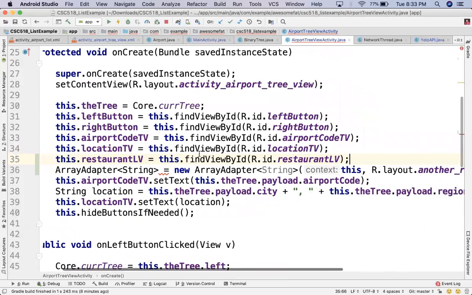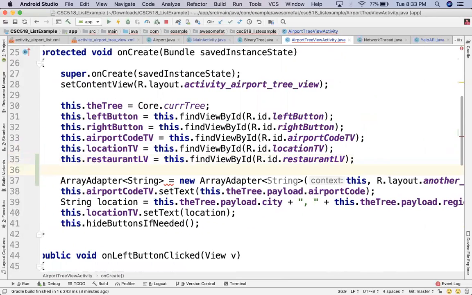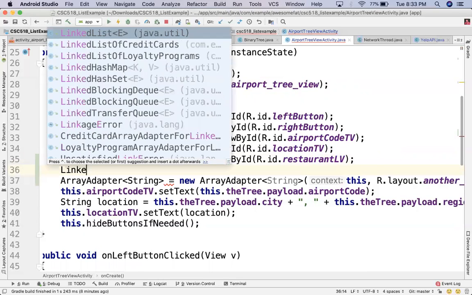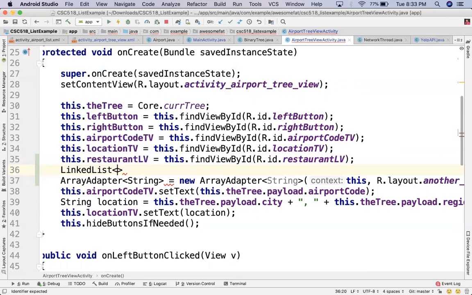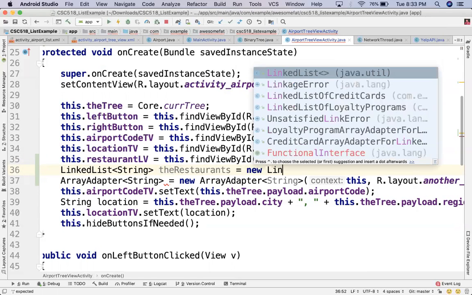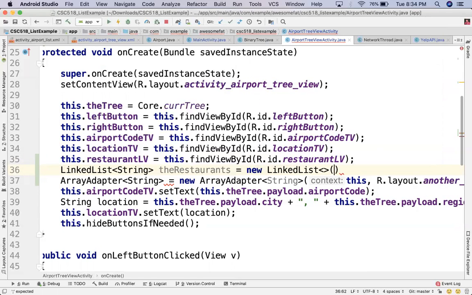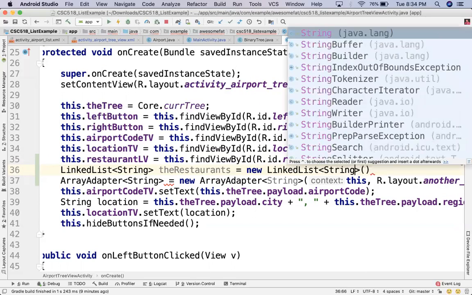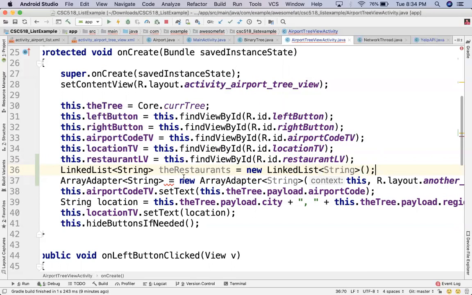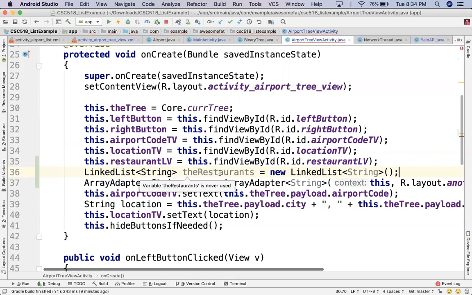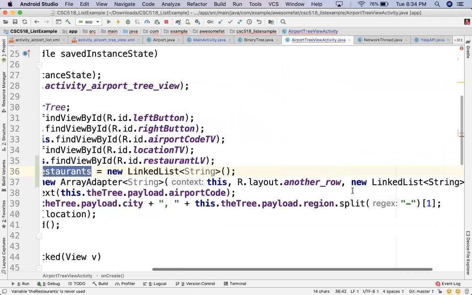Although instead of a brand new linked list there, I'll go ahead and do this. I'll say linked list of string, the restaurants is equal to a new linked list of strings, and then I'll pass that guy the restaurants,